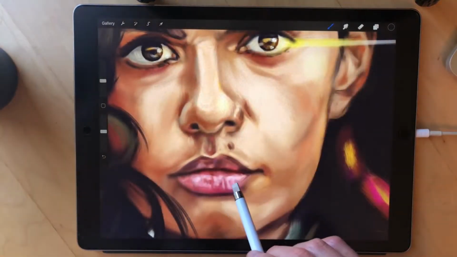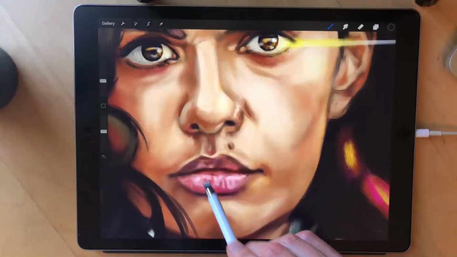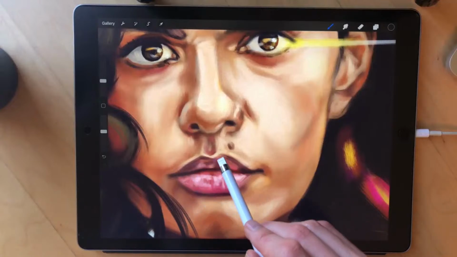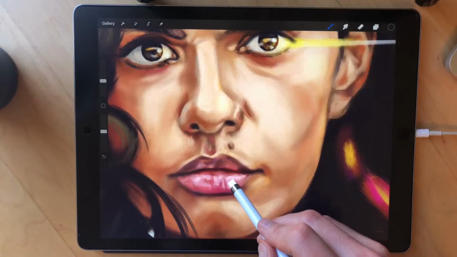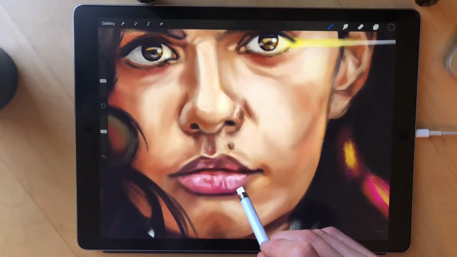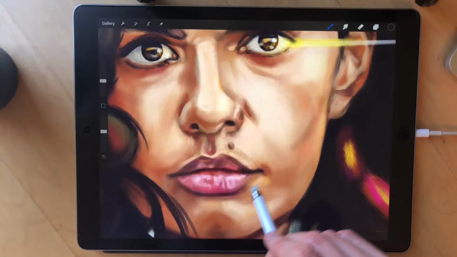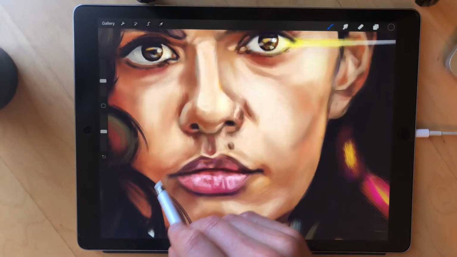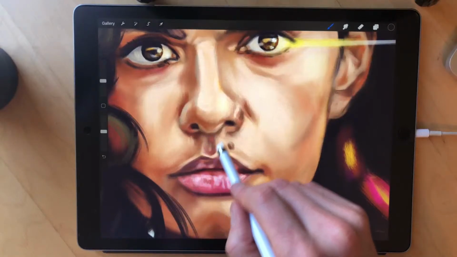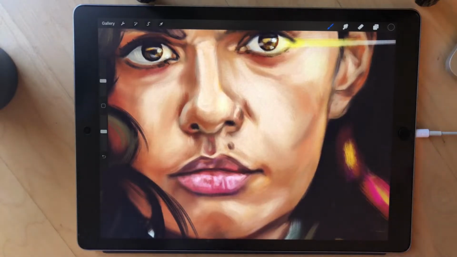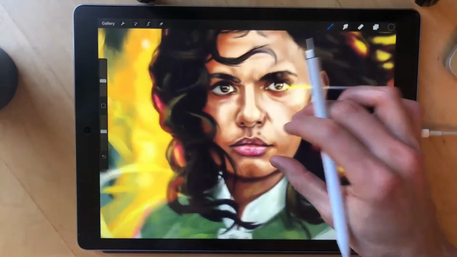Like if you look at her lips, they're a little bit more loose, right? So you get kind of these chunks of brush strokes. There's even some purple in there, a little bit of blue, some pink, a little bit of orangey red in here, some blue down in here, purple in this area here. So I don't know if this is helping or not in terms of color,